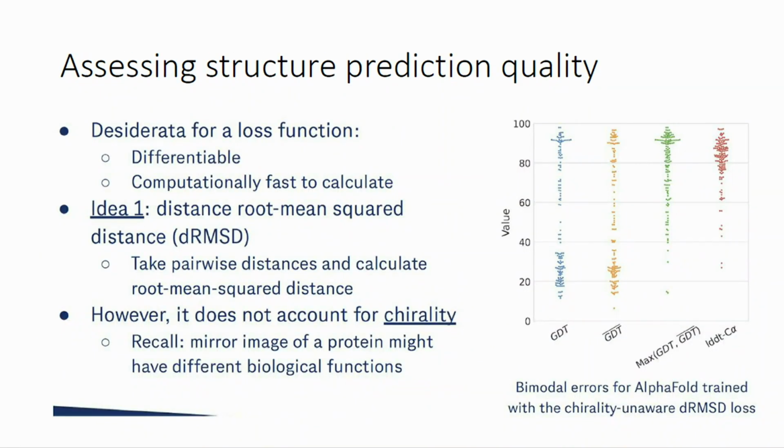Now going back to the structure prediction. In order to train a model, we have to define some loss function that compares your predictions with the ground truth structures. This is a very important decision to make. One naive approach is just to compute the distance, either before aligning or after aligning, computing the RMSD between every pair of corresponding atoms. This might work, but computationally it's not very robust,